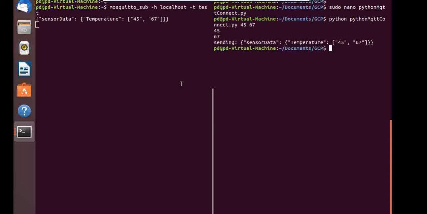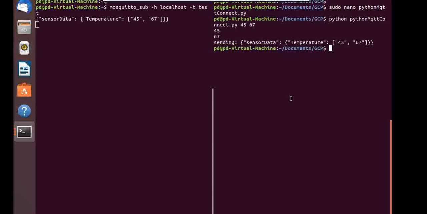In a real scenario, an MQTT subscriber hosted on the cloud or on some server will listen to these JSON structured MQTT values, and then they are stored in the database.